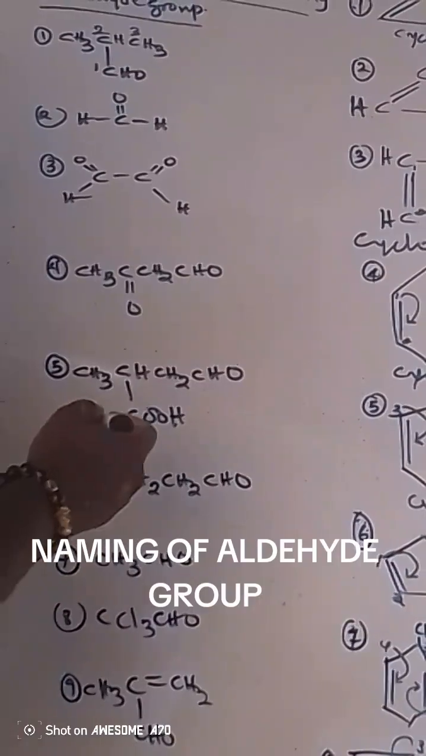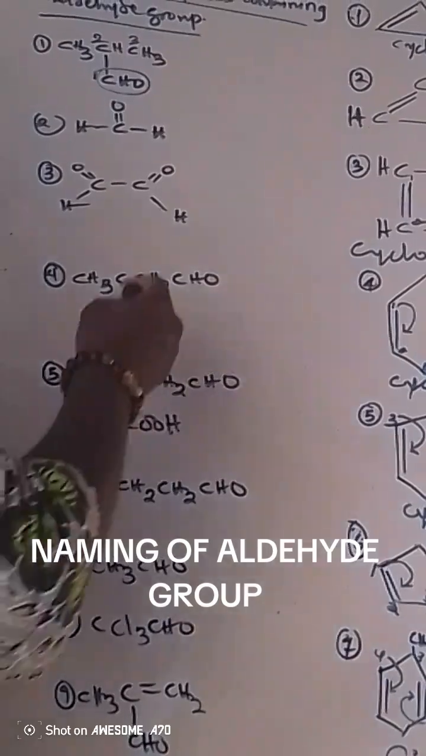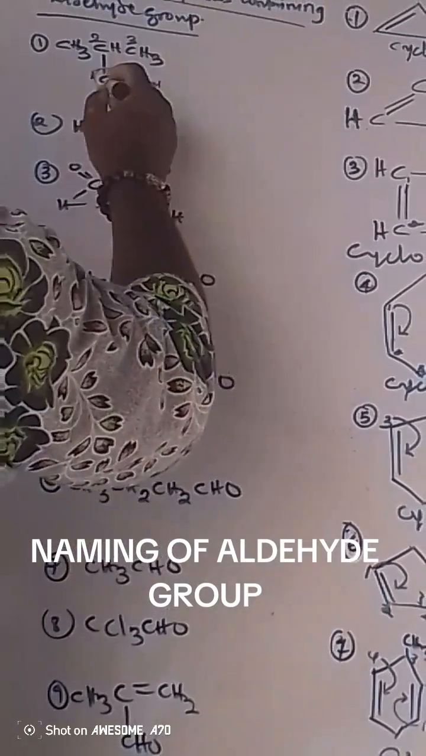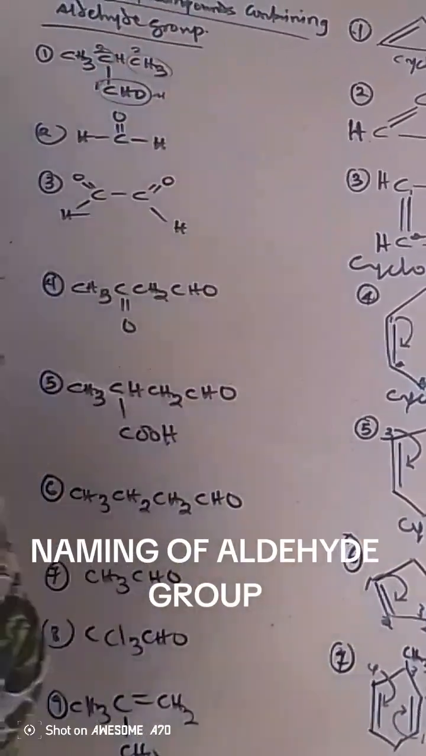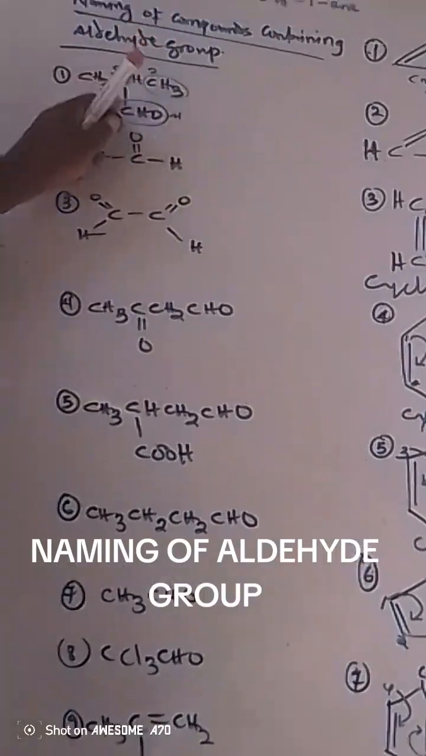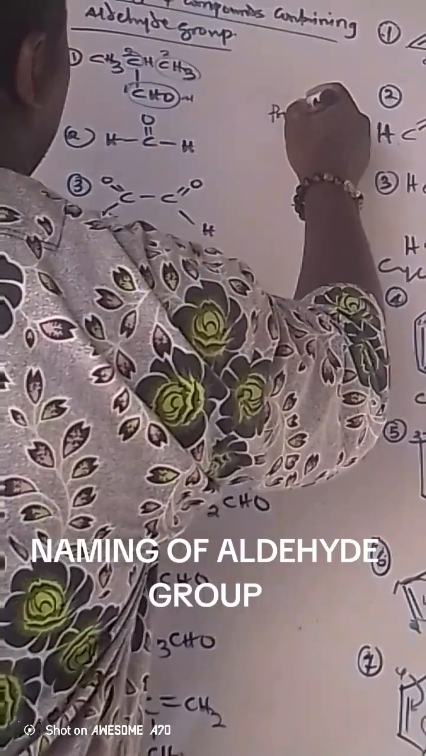Let me start. We look at the board. These are aldehydes. You know it ends with what? Yes. This is methane, ethane, propane. So that is propan-1-al. Good. So let's say we have propane